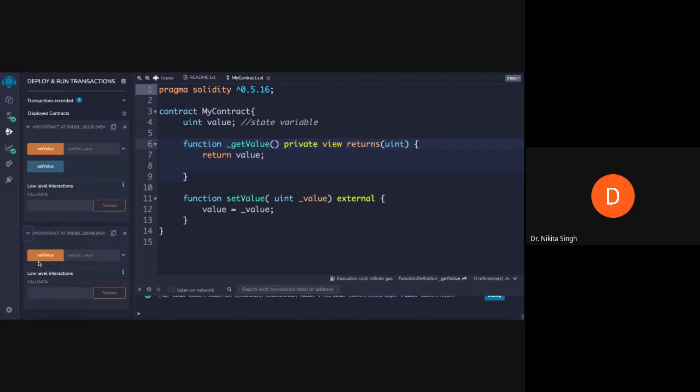So you can see the get value function has gone now. We do not have a get value function here. After redeploying the smart contract, you will see that the get value function is not present anymore because I have made this function private. So this cannot be called from outside the smart contract. No other function will be able to manipulate its value. So this private function